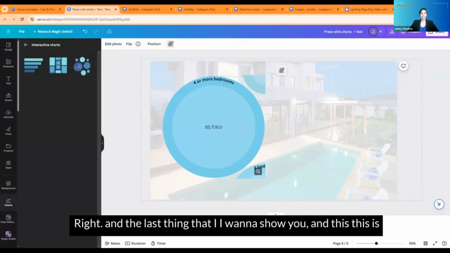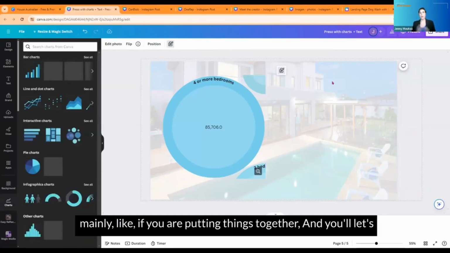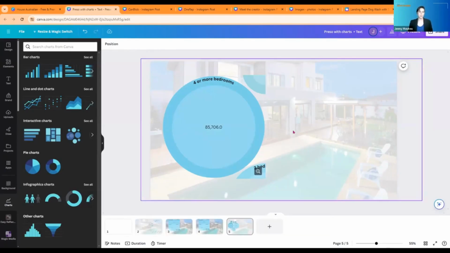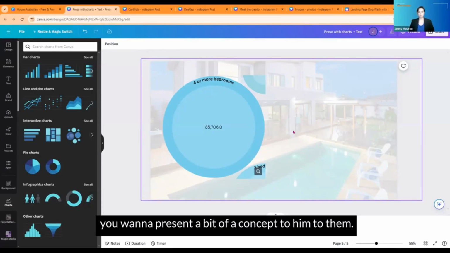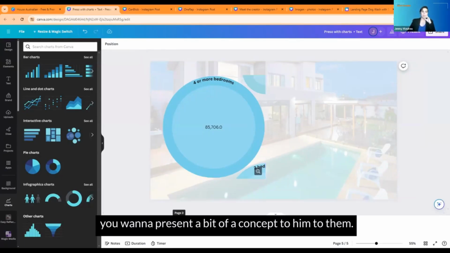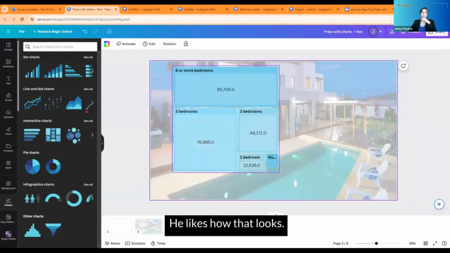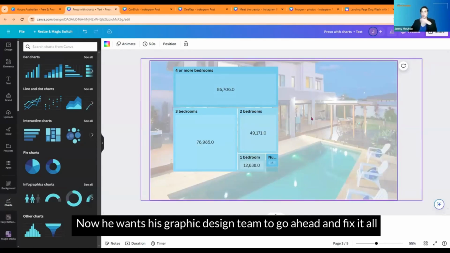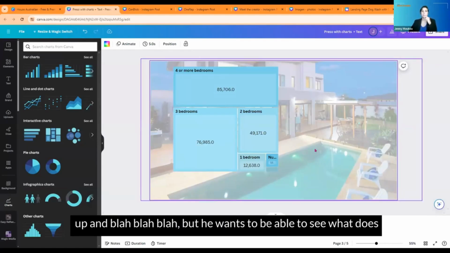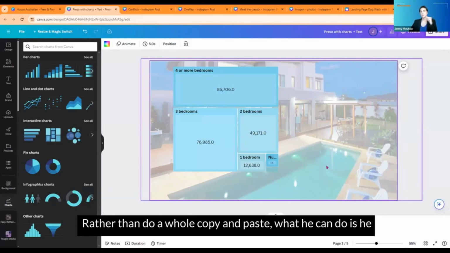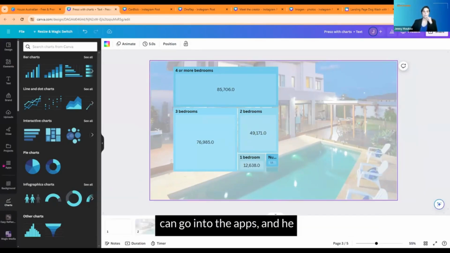All right. One last thing that I want to show you, and this is mainly if you are putting things together and let's say that you've got a team. So you've got a graphic design team and you want to present a bit of a concept to them. Gordon's put this together. He's got the numbers in there. He likes how that looks. Now he wants his graphic design team to go ahead and fix it all up. But he wants to be able to see what it looks like if we put some text in there. Rather than do a whole copy and paste, he can go into the apps